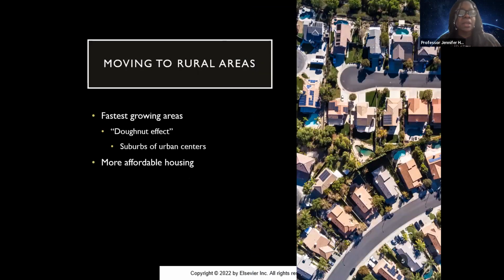Okay. And then moving into the rural areas, they're the fastest growing area. Think of the donut effect where people are spreading out. So then you have the center of your donut, folks are getting more and more congested. So they start spreading out that donut. And then that area becomes more and more